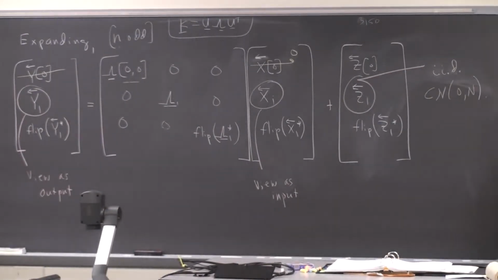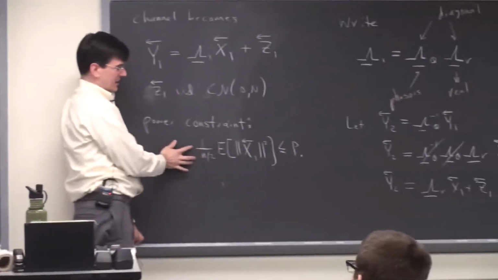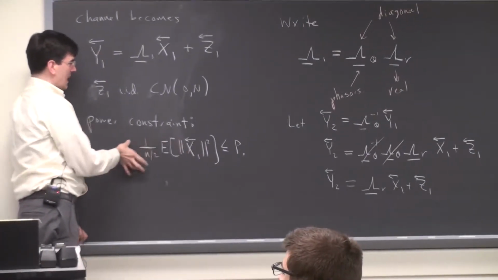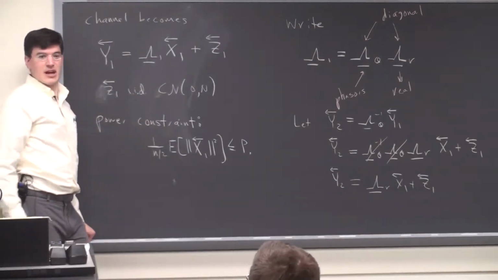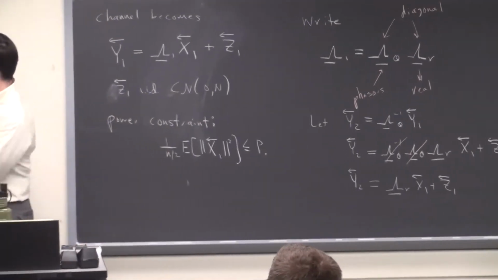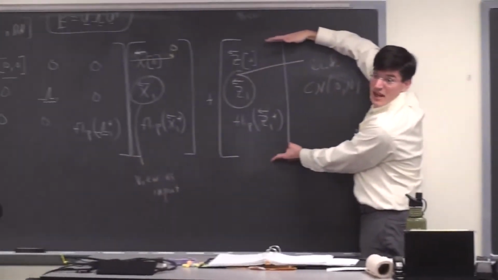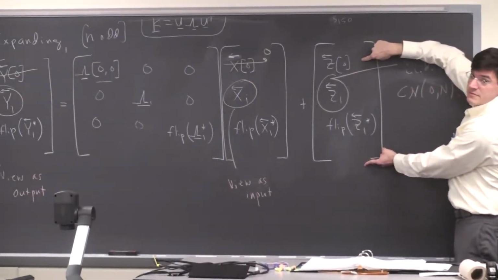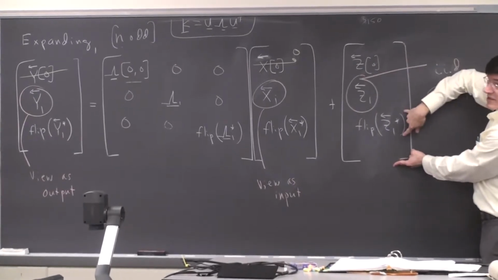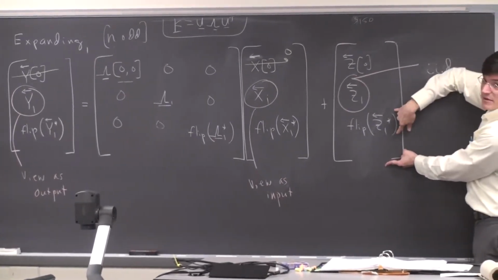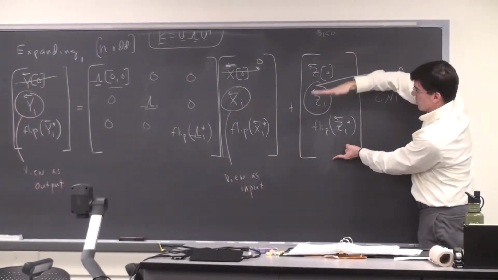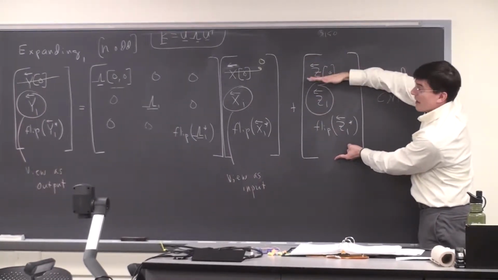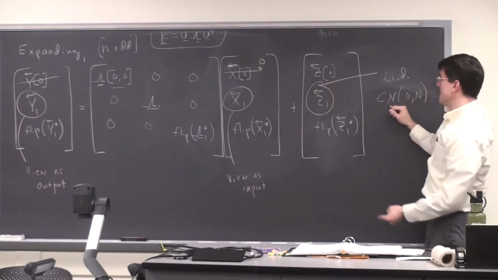Okay, we showed the power constraint maps to this kind of constraint on X1, and we said the noise Z1 was IID strictly symmetric Gaussian. Okay, and you've got to be careful. This Z is not IID strictly symmetric Gaussian. That one is purely real, and this is clearly dependent with this, right? One's a function of the other. So it's not the case that this whole Z vector is IID strictly symmetric Gaussian. It's more like when we eliminate the redundancy and these weird edge effects, like with DC, then you're left with this distribution.